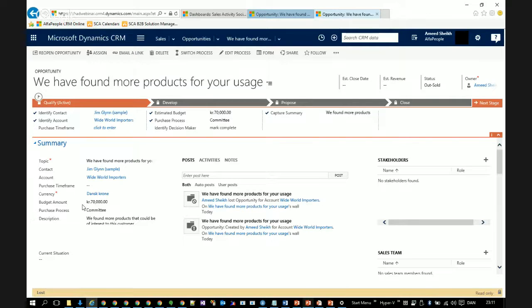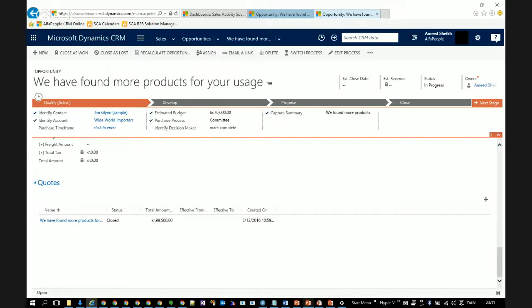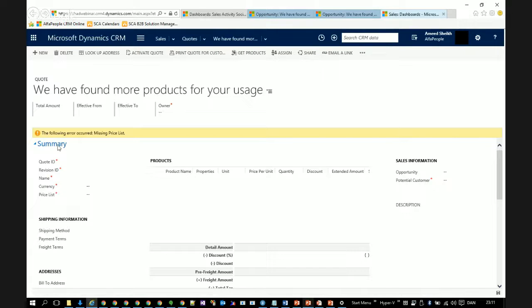But there's another feature on the same. We can reopen the opportunity and then create another quote, and that's what I want to see, where we can actually close this as won. There is a feature here which actually allows you